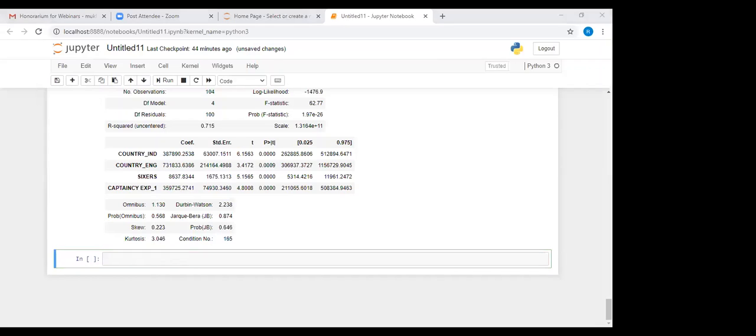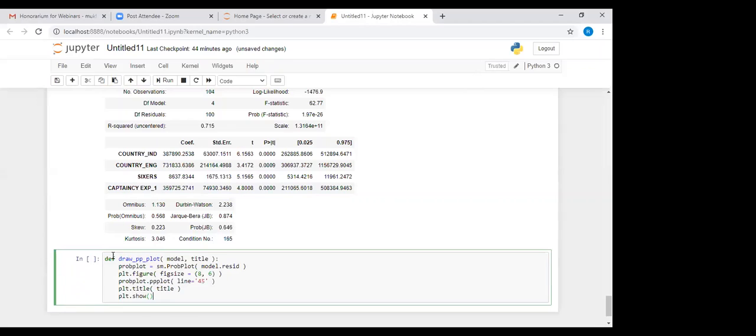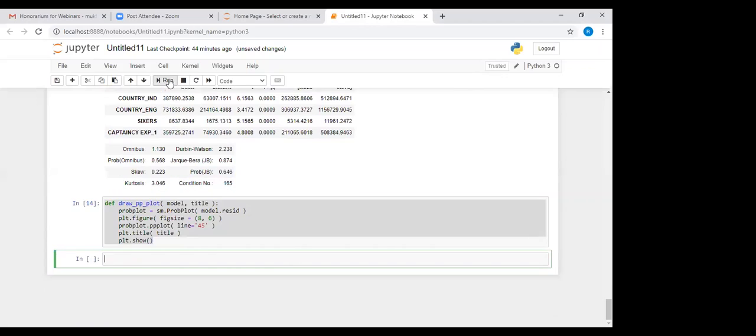I have defined the function for this residual analysis, and we will draw the PP plot.